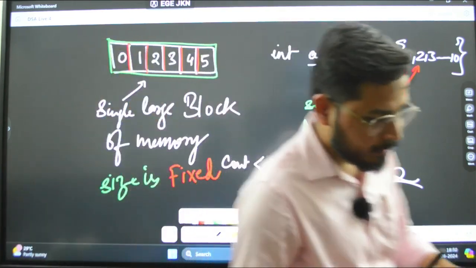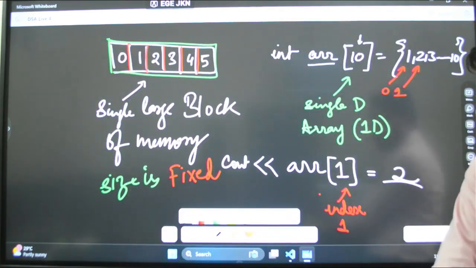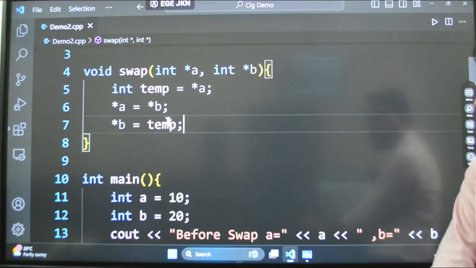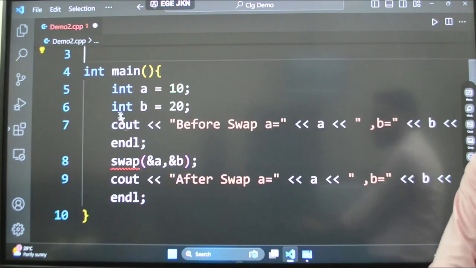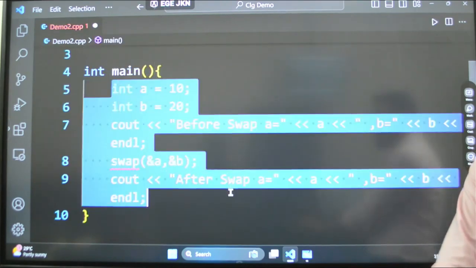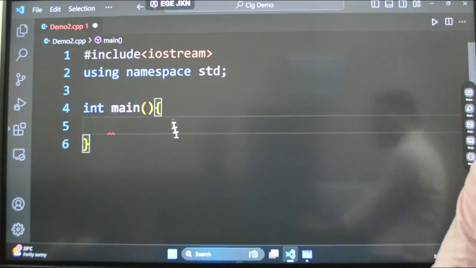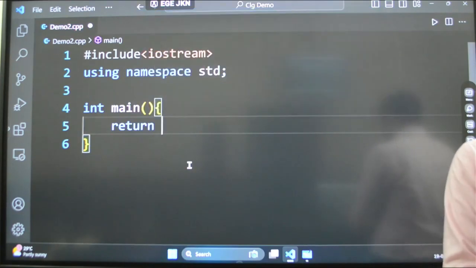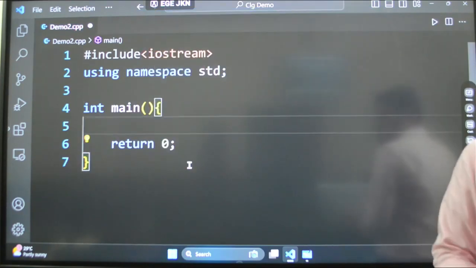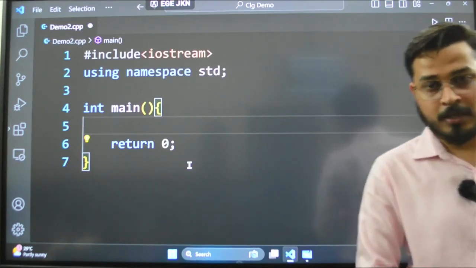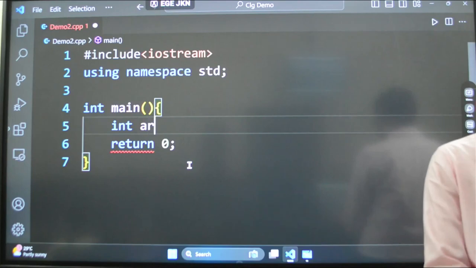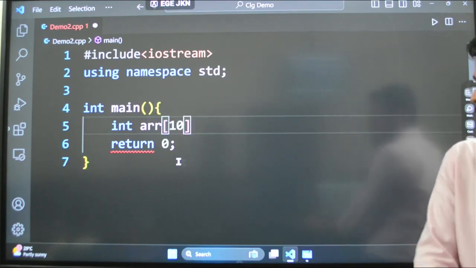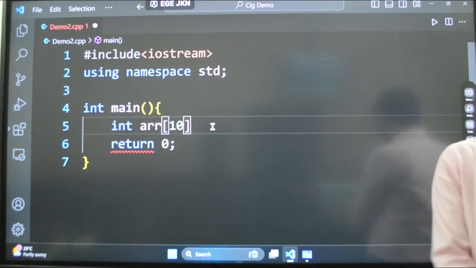Let us understand this with the help of code and understand it very well. Okay, I will go back to my code. In this case, I will rub this off, and let us create an array. To create an array, you say a data type, then you say the array name, and then you give the size of the array, ARR of 10, and then you say equals to.